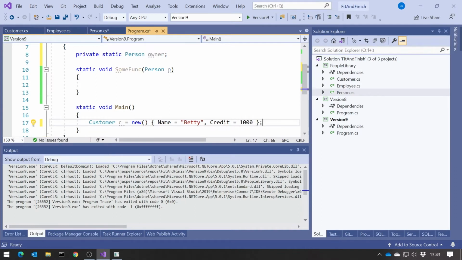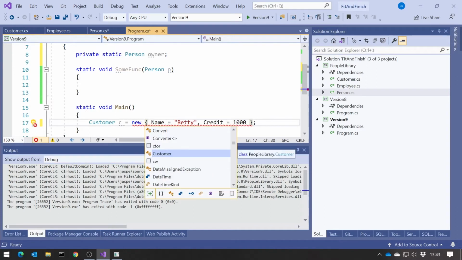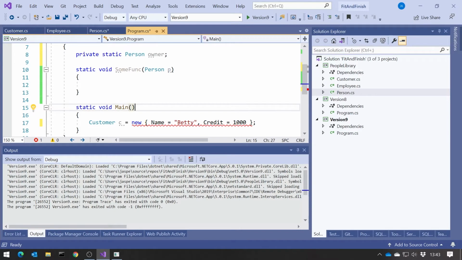One thing to notice there though, do make sure that you put those empty round brackets in there to make it clear that's the default constructor call. The reason being, if we missed those off, then you can see the error, that is a completely different C# structure, which has been around a long time. That is an anonymous object. So there, we're creating on the fly an anonymous object with two properties, name and credit. Whereas here, we are definitely creating a customer, and a customer has a name and a credit. So that's something to watch out for there.